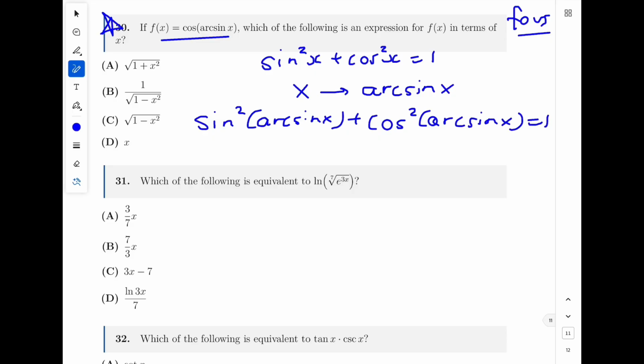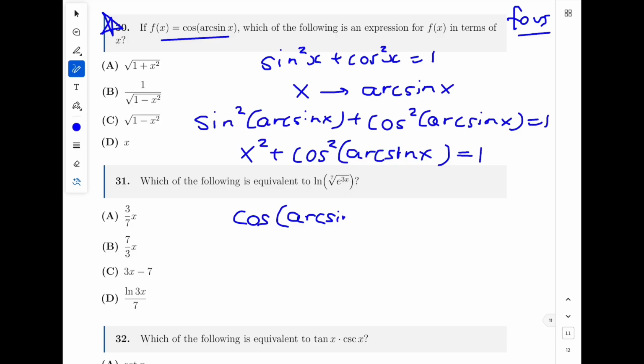Yeah, now we know what sine of arc sine of x is. That is simply x. So sine of arc sine of x, whole squared, is x squared. So we have x squared plus cos squared of arc sine of x equal to 1. Then I can subtract x squared from both sides and take the square root. So cosine of arc sine of x is equal to the square root of 1 minus x squared, and there